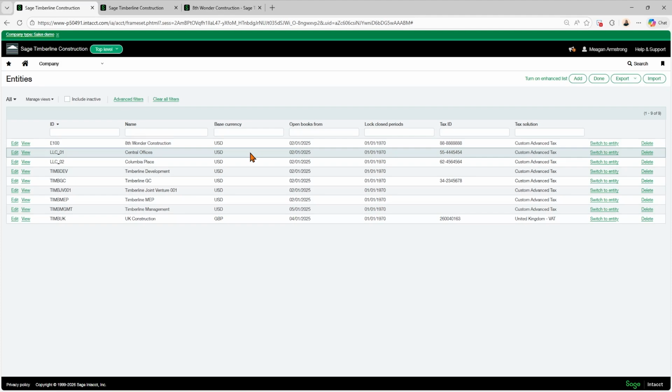When you turn on the locking feature, you can lock down those closed periods, and that will disallow any direct posting, but also disallow adjusting entries, and it will not let you open periods either.